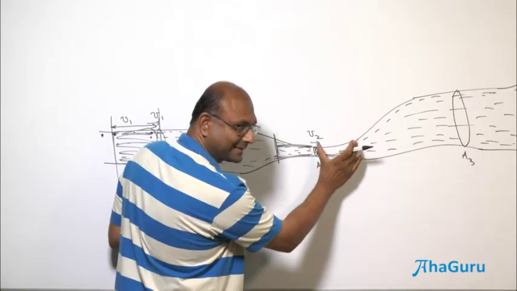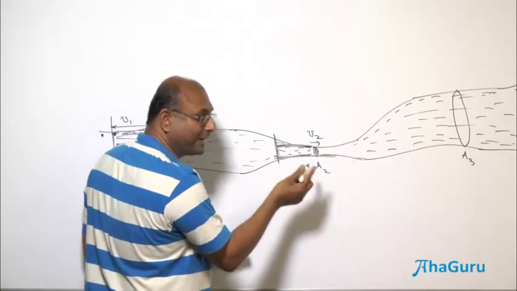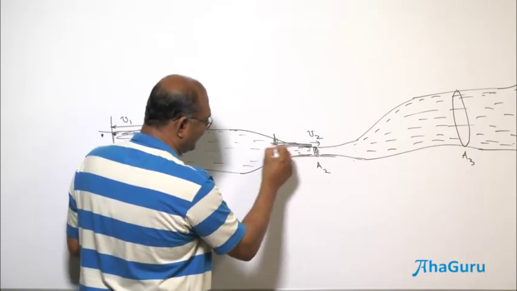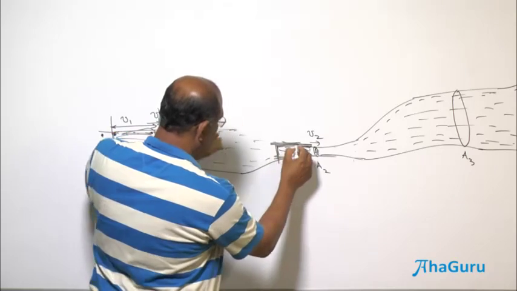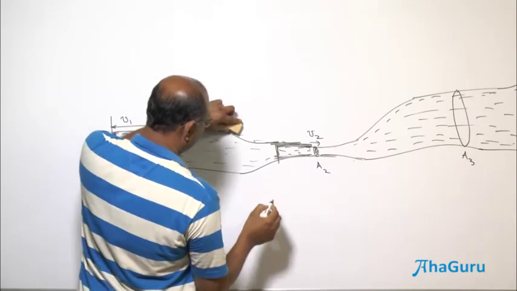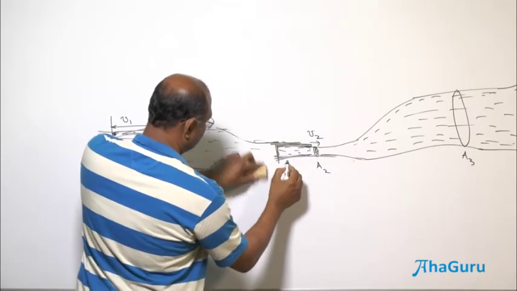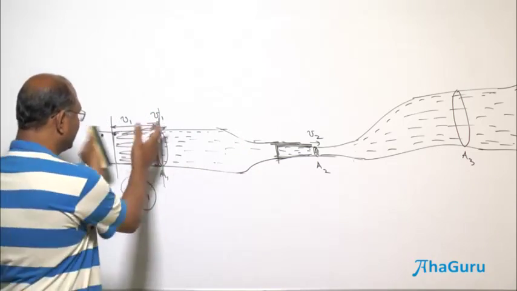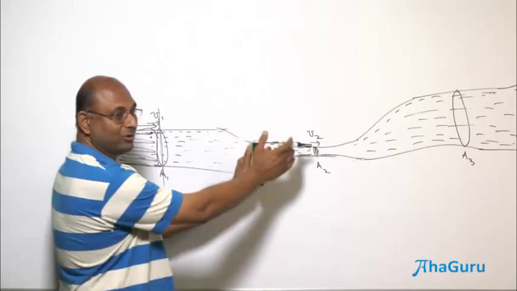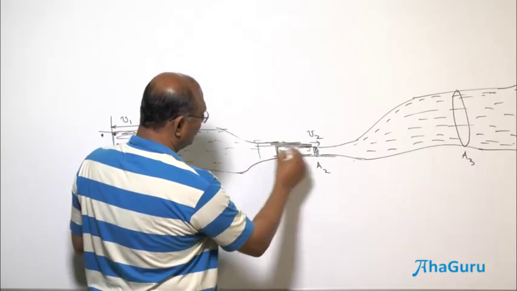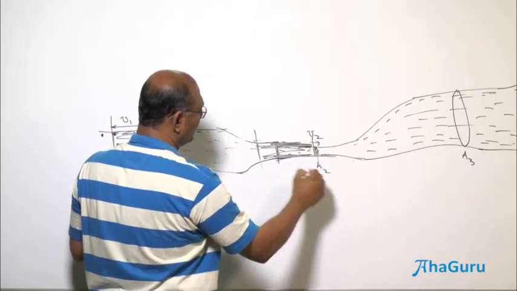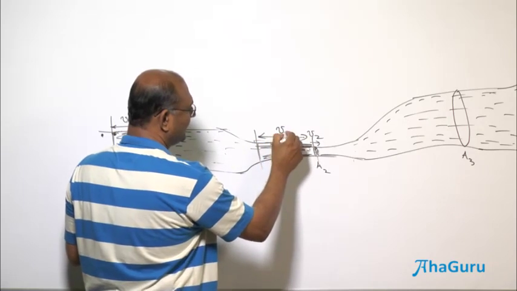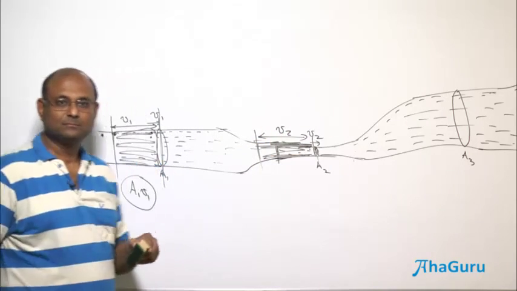Finally when they come out, that's where they will be. But who are the ones who get out? They are these ones. So let me make this a little longer so that it is easier to follow. Instead of 1 second, you can make it a fraction of a second. You can make this smaller. But this volume and that volume must be equal. So up to V2 length, everything must get out.